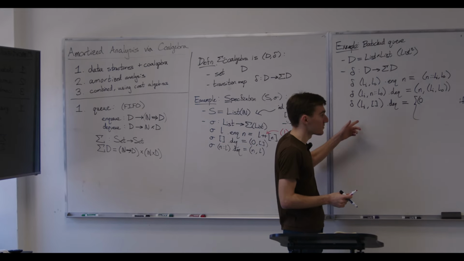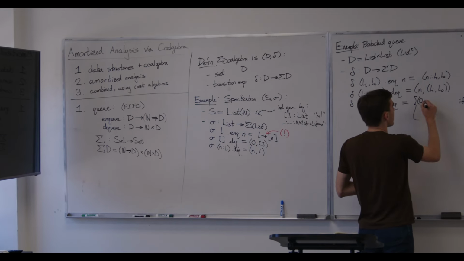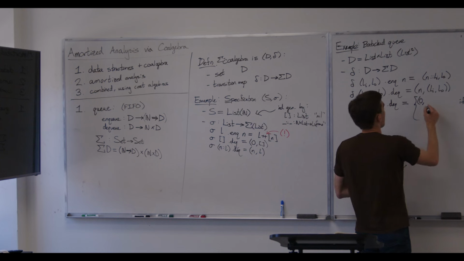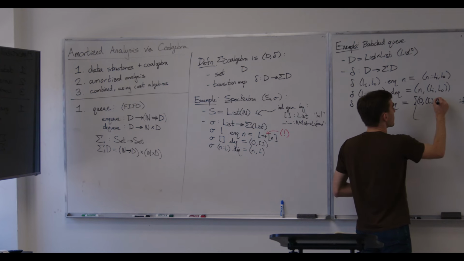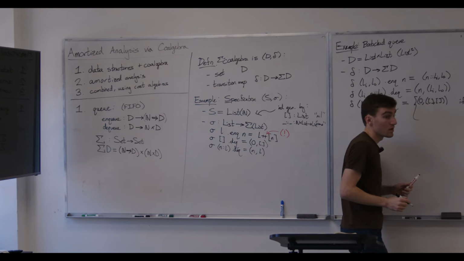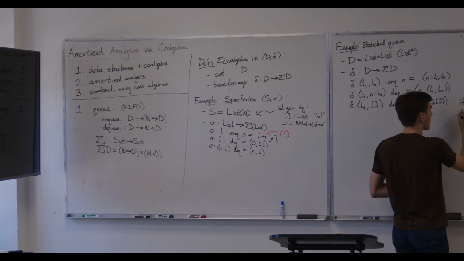The outbox was empty, the inbox was empty, everything's bad. So you get 0, just like we did over here. And the updated state is just 2 empty lists. But there could be a luckier case where